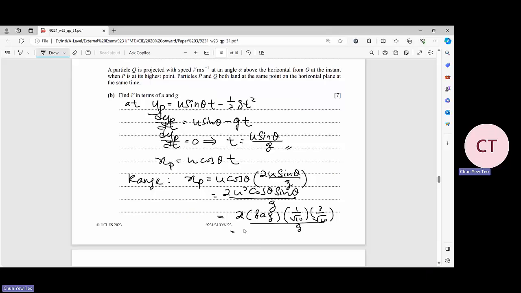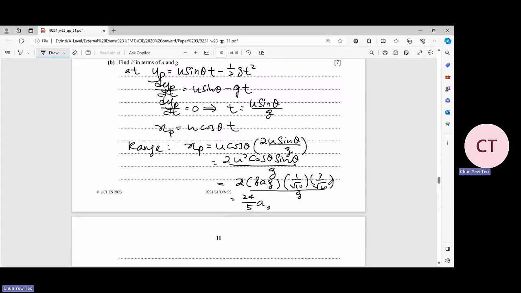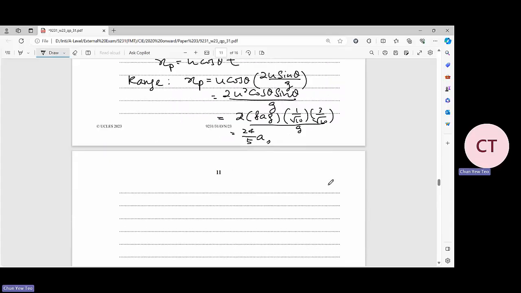(24 over 5)A. This will be the range. This is the range. That means this will be the distance that the Q needs to travel when it lands on the ground. Then since I know this already, we can actually, okay. Now at Q,